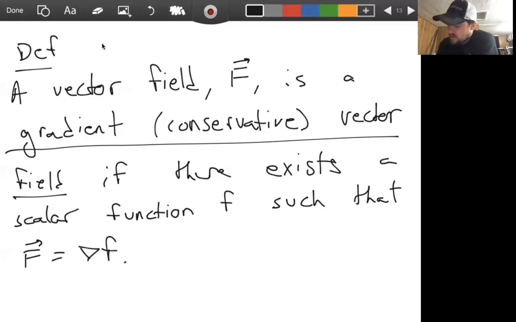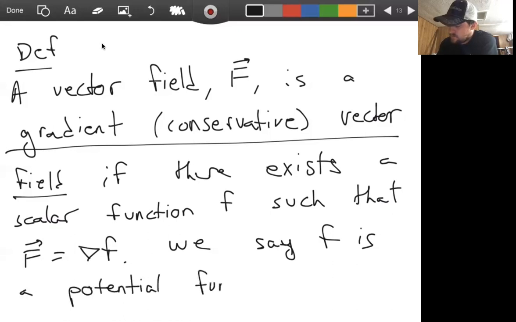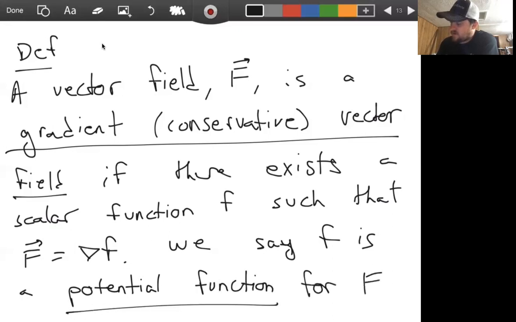And in this case, we say f, lowercase f, is a potential function for vector field F, okay? And so gradient vector fields, or probably from now on, I'll call them conservative vector fields, are very important topics. And in fact, this is from,